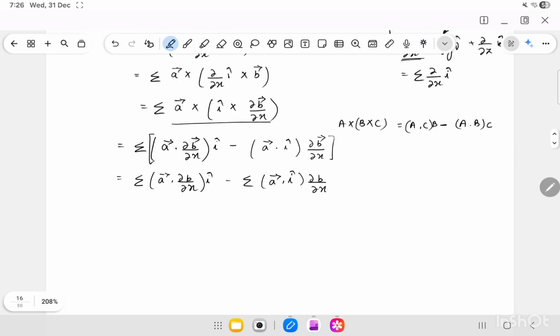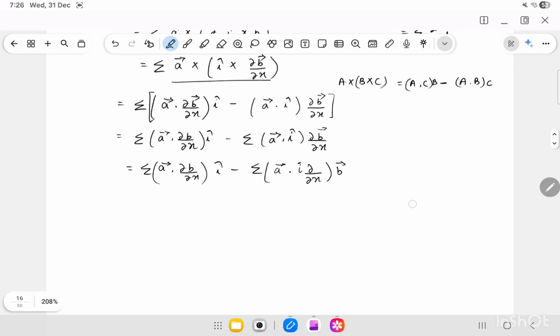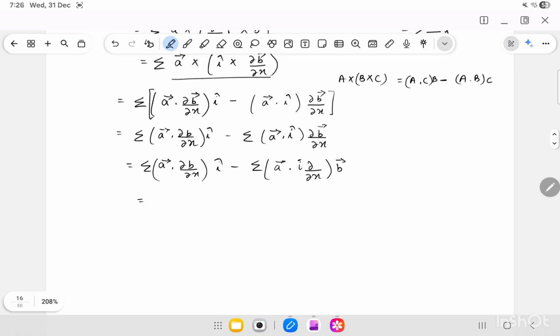Now we can write it as summation a vector dot del b by del x i cap minus summation a vector dot i vector times del by del x times b vector, which will be equal to